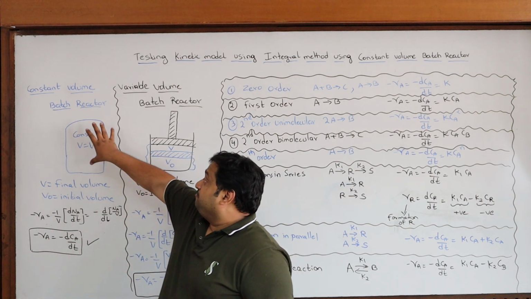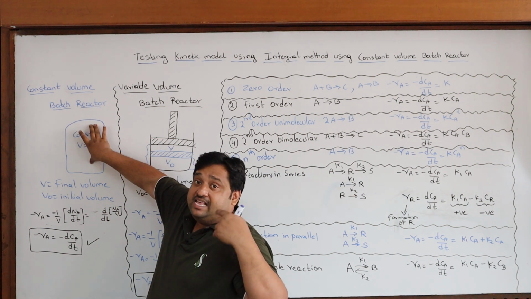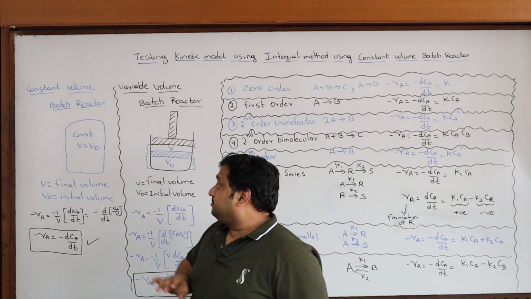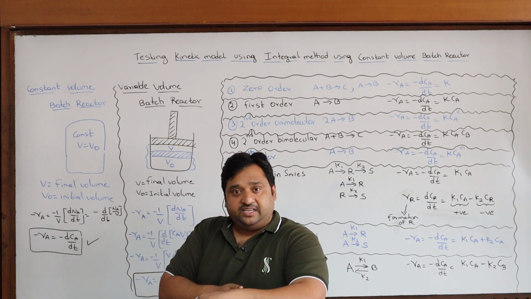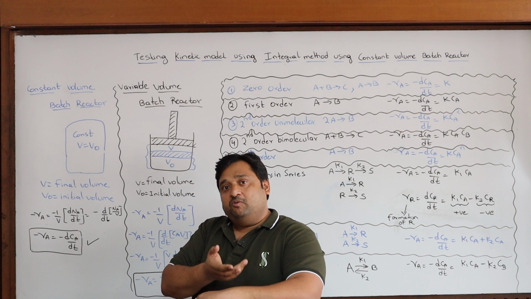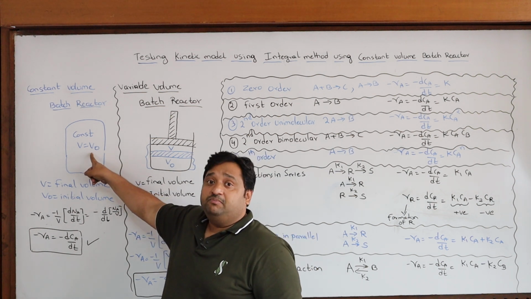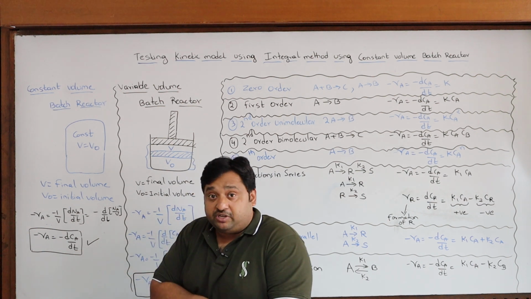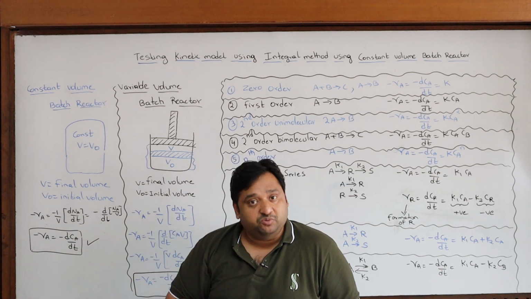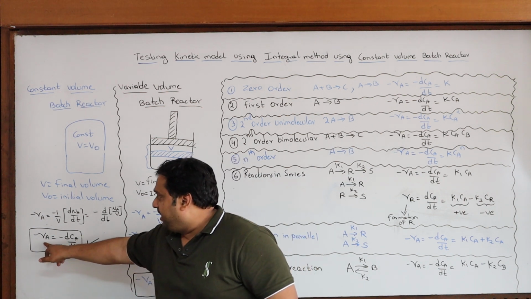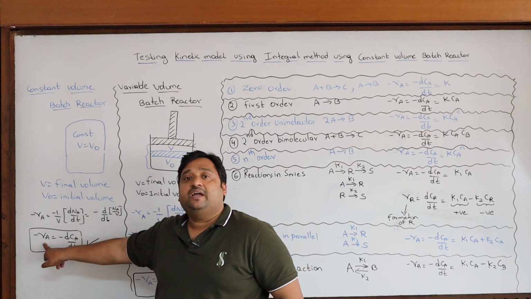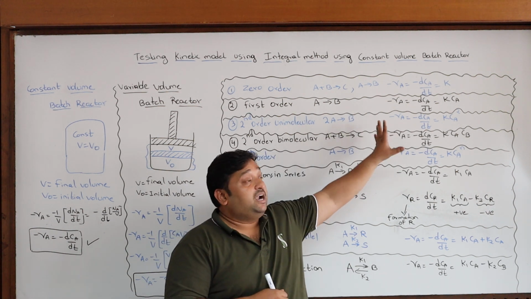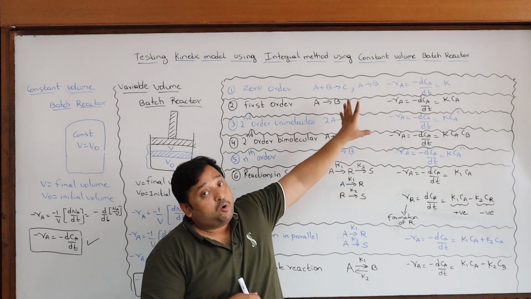to time. That means once we have fed the reactor with the reactants, where A is my reactant, every 30 seconds or every 1 minute or every 5 minutes, you take out some sample from this batch reactor, measure its concentration and see with respect to time how my concentration is reducing. That is sufficient to measure the speed of a reaction, which is minus Ra. Whether it is a first order speed or second order speed can be decided by the models in